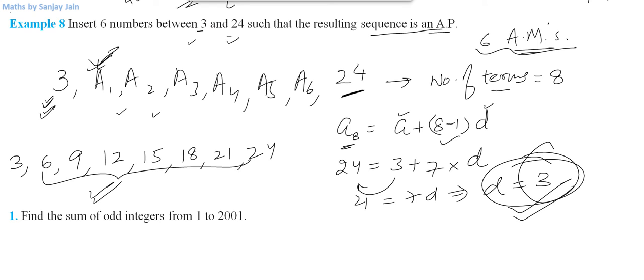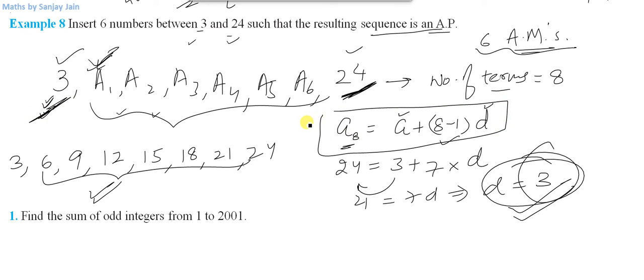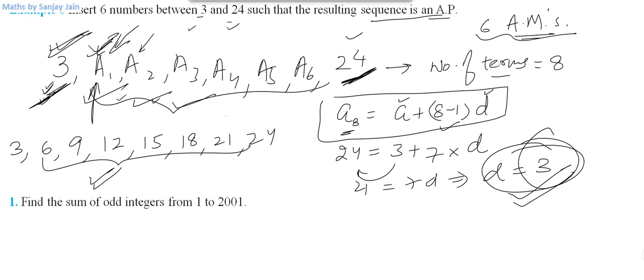You don't have to memorize any formula for these. What you can simply do is, you know that the number of terms will be the number of AMs inserted plus the 2 terms that were there already, right? And then you know the last term, you know the first term, so you can find the common difference by applying this formula for the nth term, right? So once you have found D, you just have to add D to the first term to obtain the second one, and then to obtain this one you have to add D here. I hope you have understood this one.